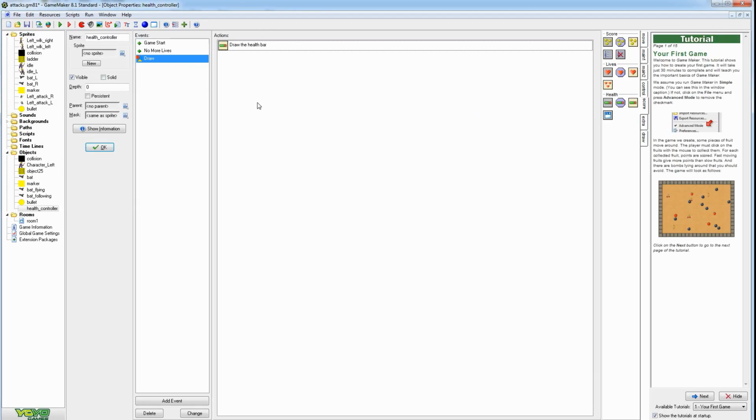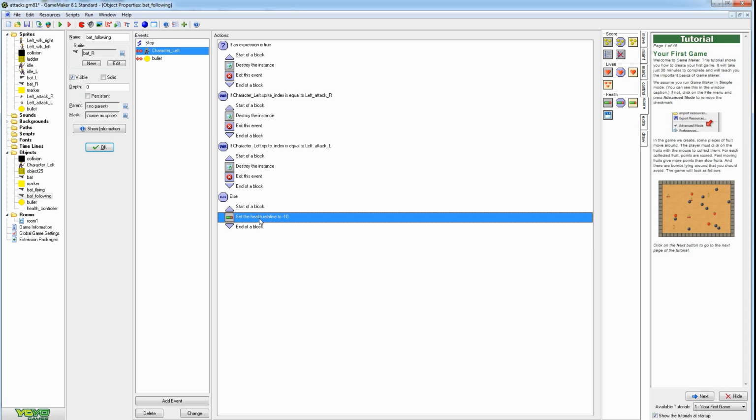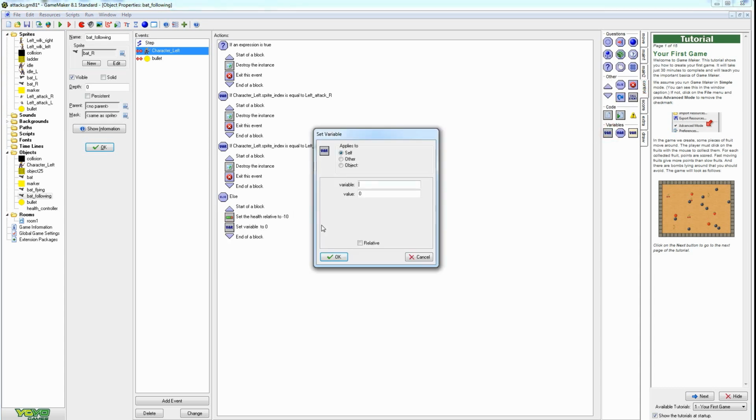Alright, so cancel that. We eventually need to go, if we want to set the lives, what happens when the hit points drain to 0. But on the, I guess, yeah, it should be on the bat following. We're going to set the hit points to relative -10, but we also need to set one more thing. We need to set a variable to, let's see, character